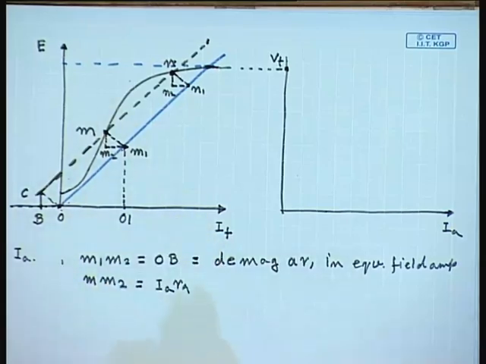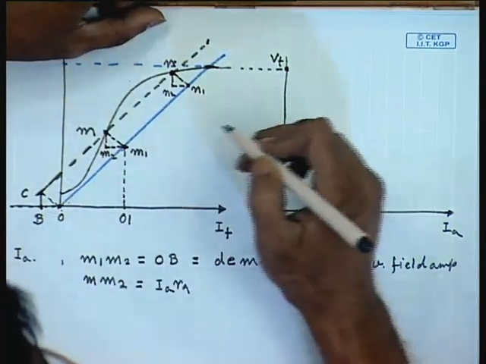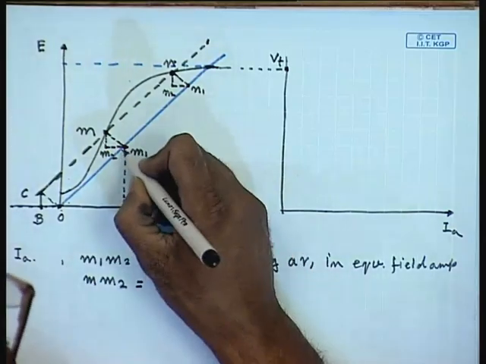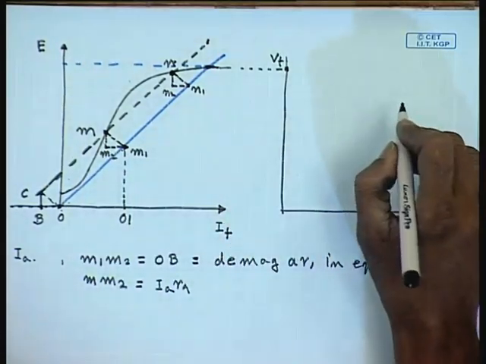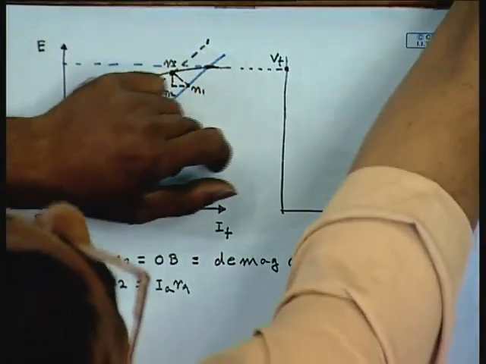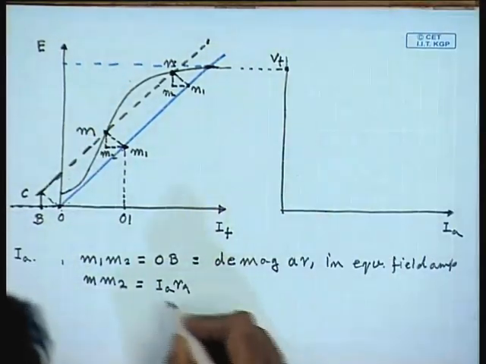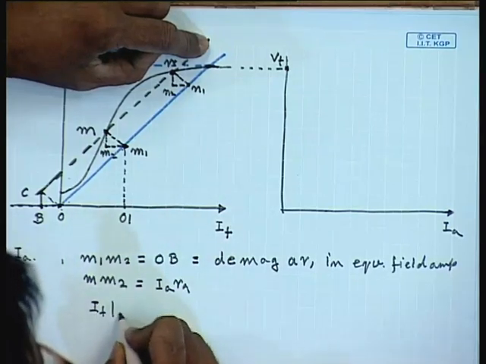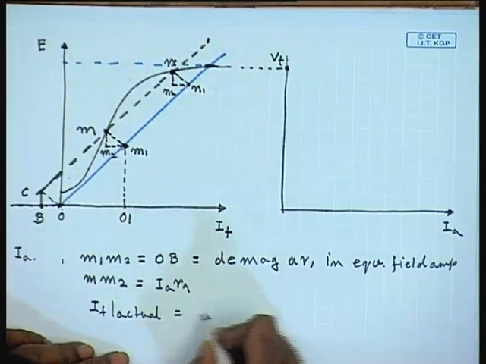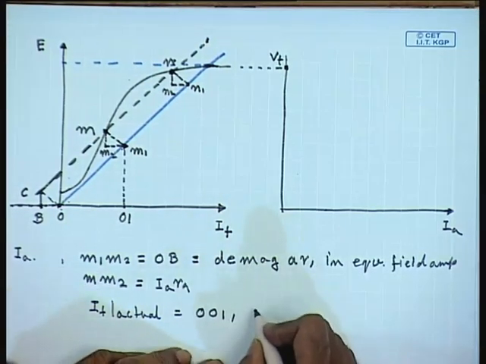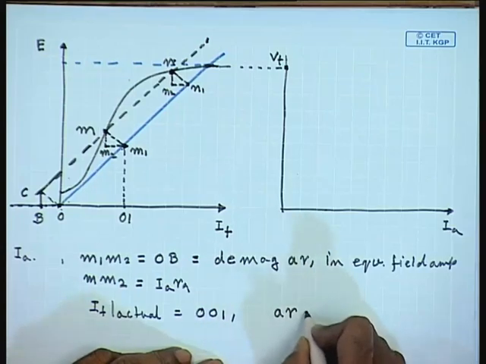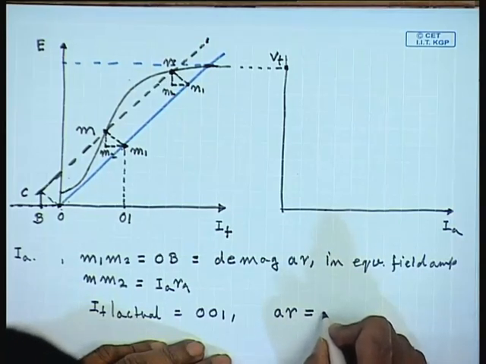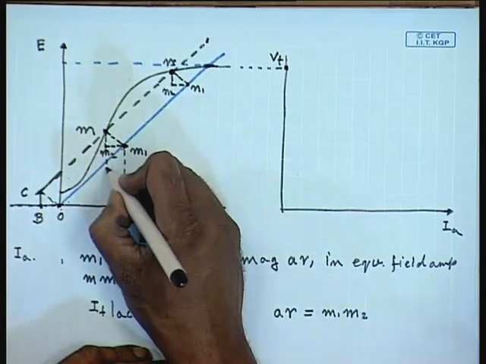O O1 and an actual armature current corresponding to IA, the effective field current will be IF actual equal to O O1, and the armature reaction demagnetizing field amperes is M1 M2. Therefore, the net field ampere is